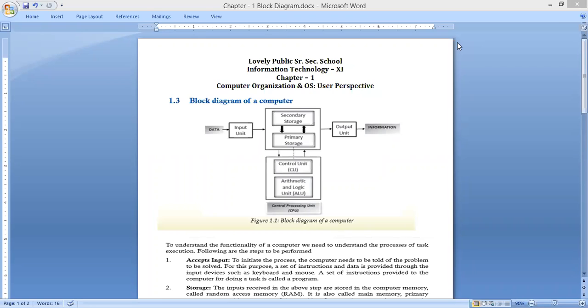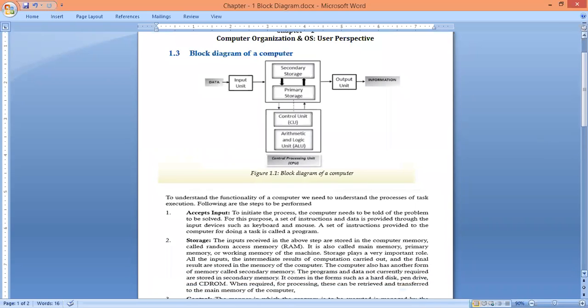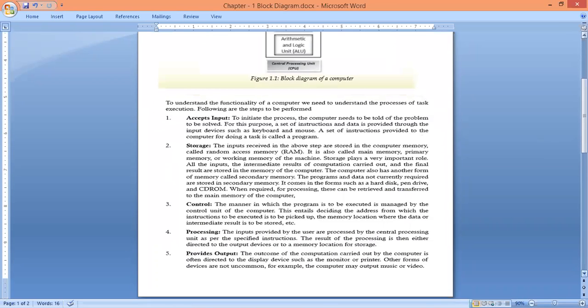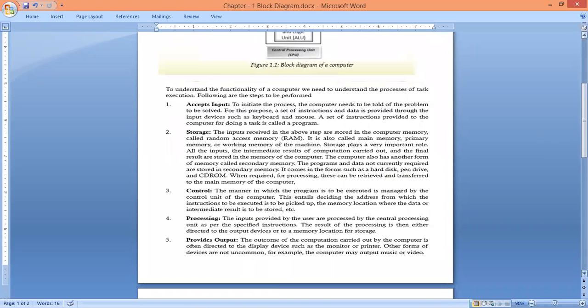If we see in this diagram, firstly we are taking input, then the central processing unit, that is the CPU, will process the data and give us the desired output. Now, first of all, we will explain how to accept input. Input means feeding data into the system. We will input the data through an input device.